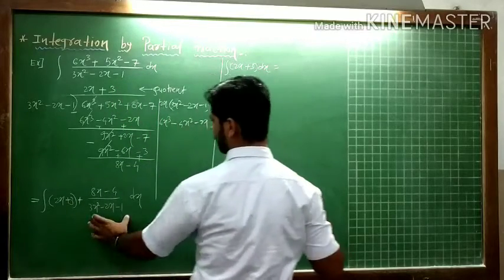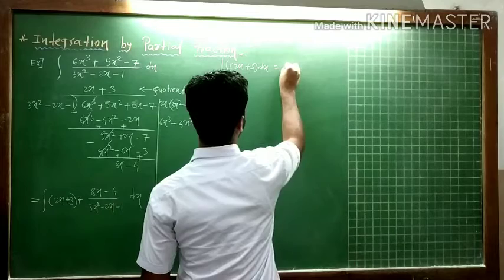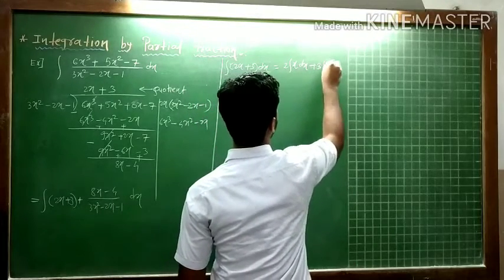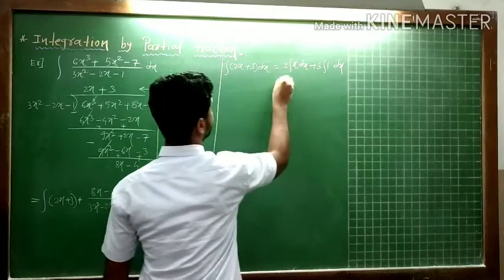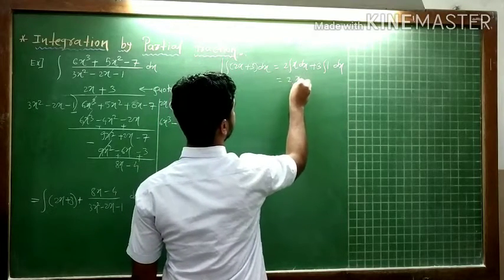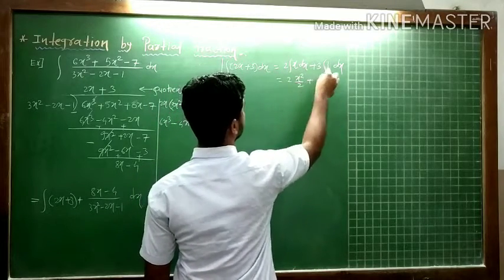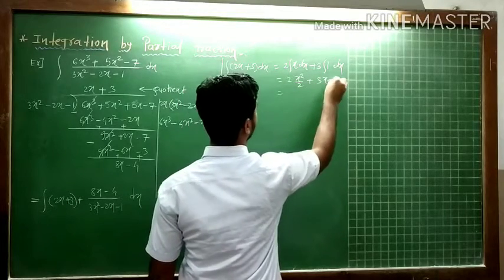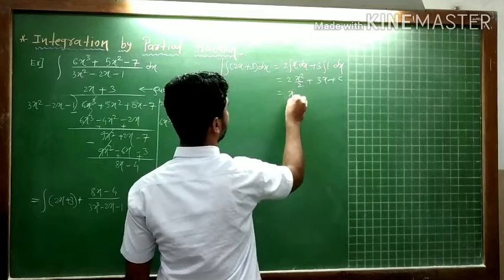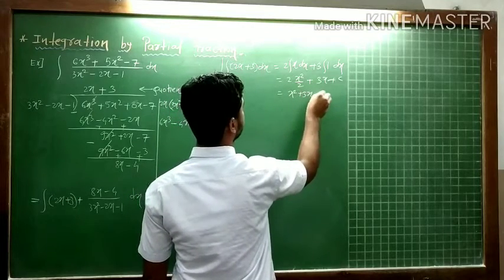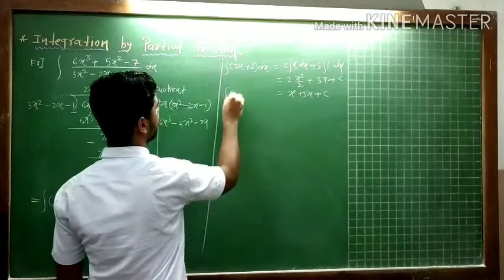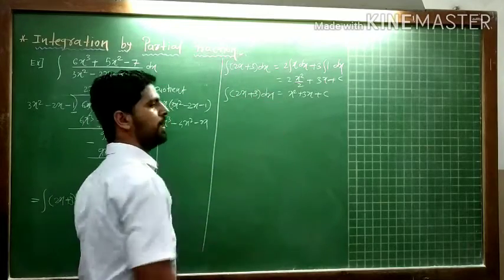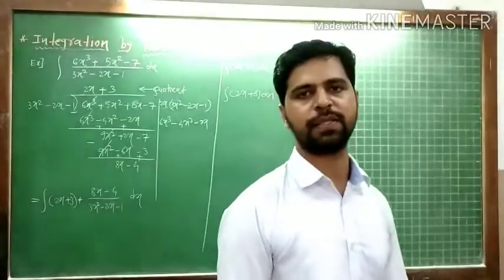Then by using partial fractions we will integrate the other part. Here 2 is a constant, the integration of x, plus 3 is a constant, the integration of 1. So 2 into the integration of x is x²/2, plus 3 times the integration of 1, which is x. Don't write c here. If you want, you can write x² plus 3x plus c. This is the integration of your first term, 2x plus 3, with respect to dx: x² plus 3x plus c.